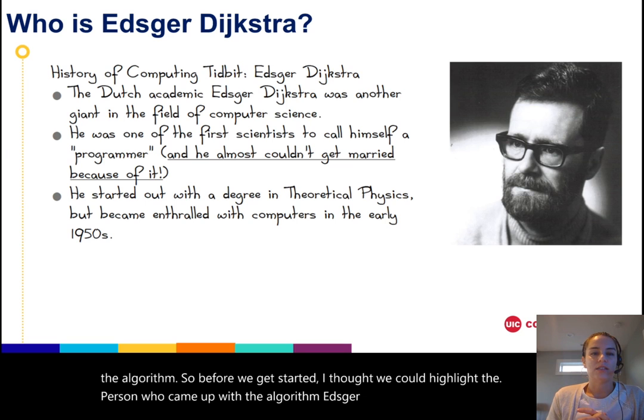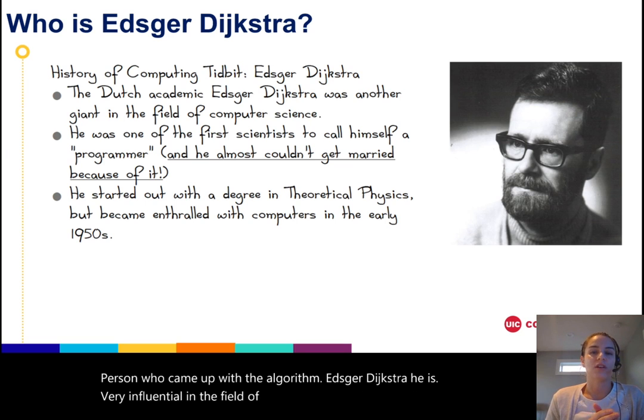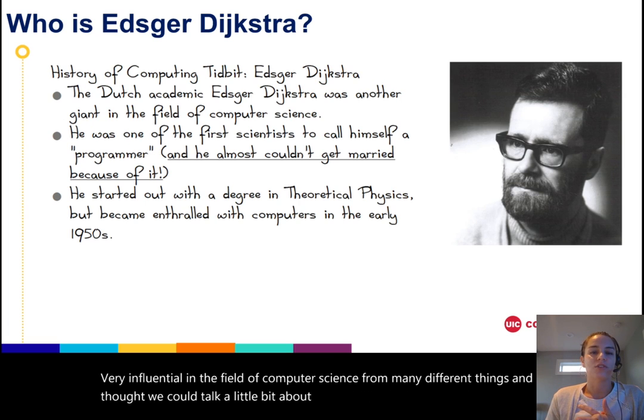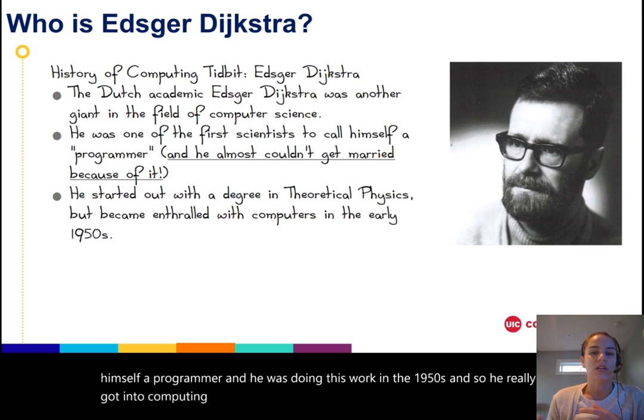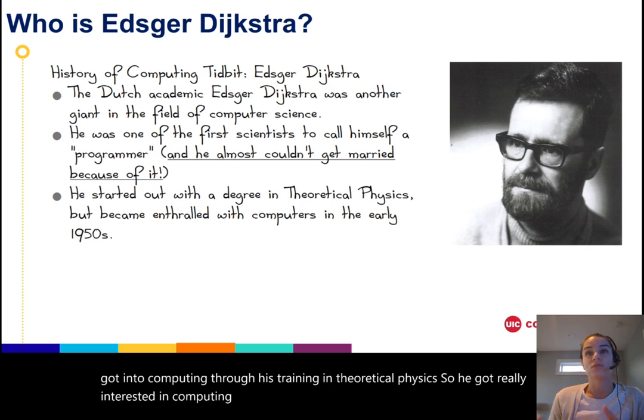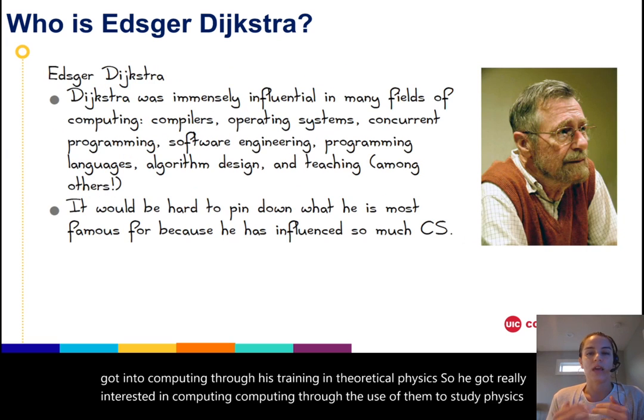He is very influential in the field of computer science for many different things, and I thought we could talk a little bit about him. He's one of the first scientists to call himself a programmer, and he was doing this work in the 1950s, and so he really got into computing through his training in theoretical physics. He got really interested in computing through the use of computers to study physics,